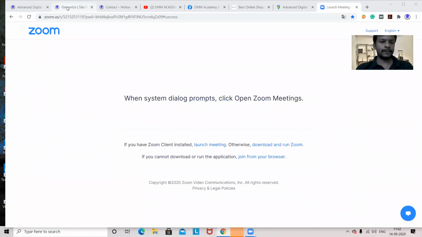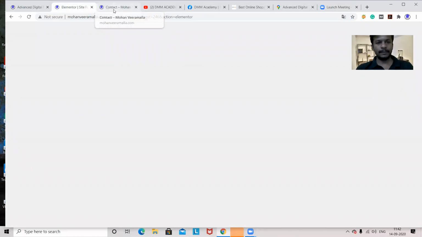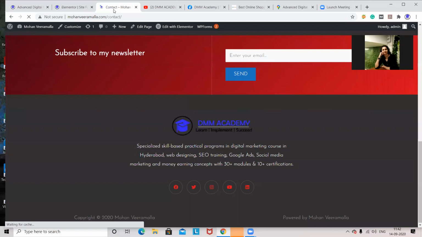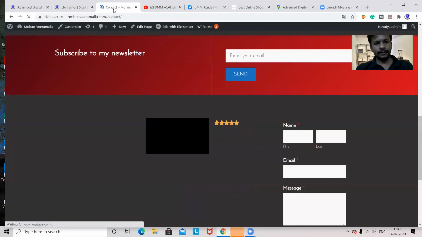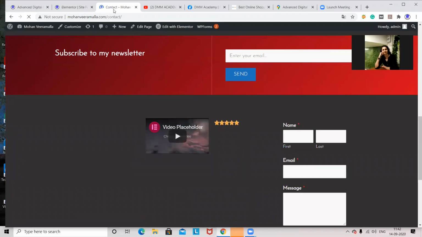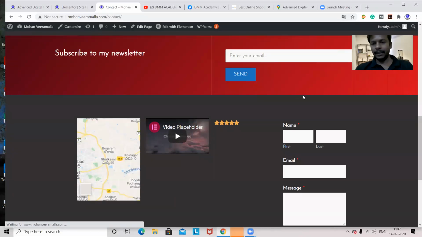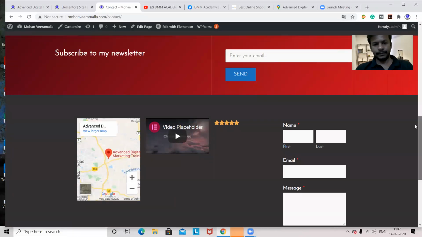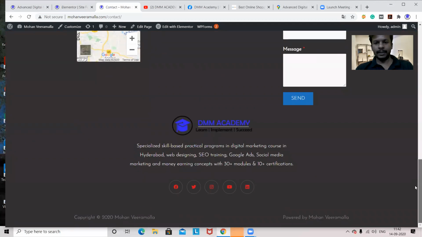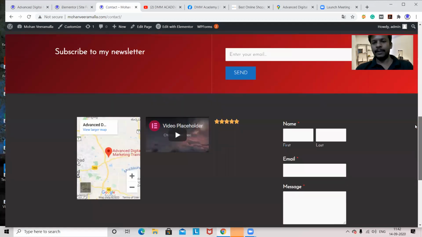So more we are. Okay, now I'll go to this contact page. I'll refresh and check whether the properties are available in the footer. Here, this is the normal footer, the previous thing. Now I'll refresh this. Now you can see the footer which we have designed is available here, and these sections. So this is one kind of thing.